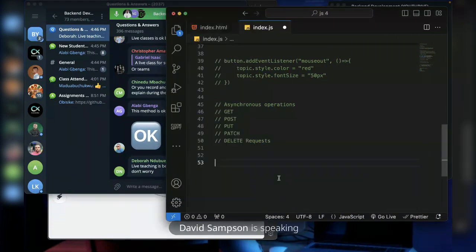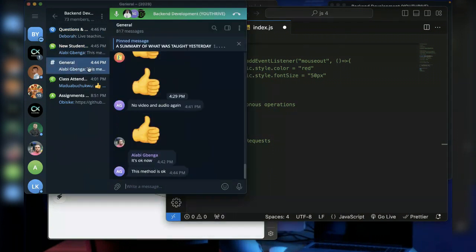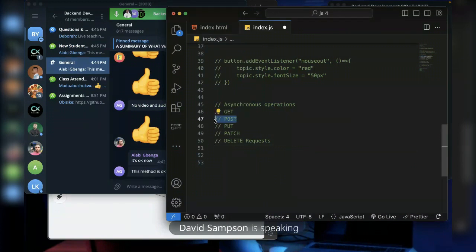Okay, it's fine. So I've explained the GET request. Any request that is made to get something from the backend, whether from the backend or from the database, is called a GET request. Now, the second one is a POST request. For example, a student trying to sign up, a blogger trying to make a blog post, a user trying to post a transaction. All of these are sending you data to accept the data and save it on the database. That is called a POST request.